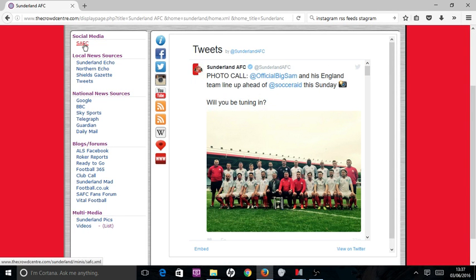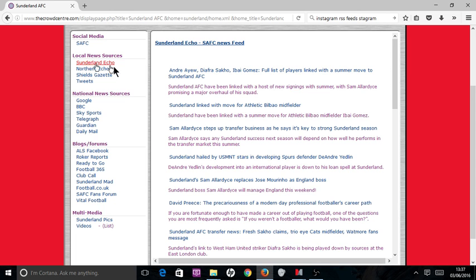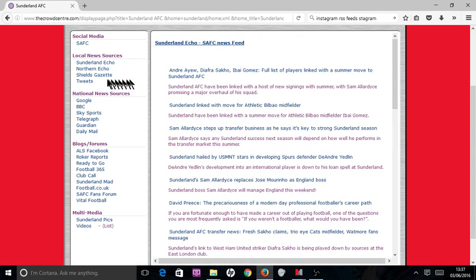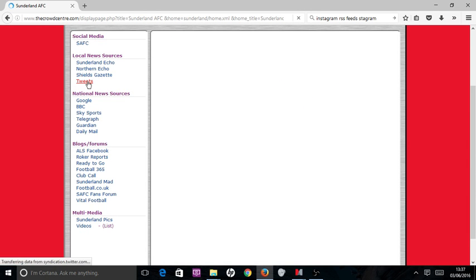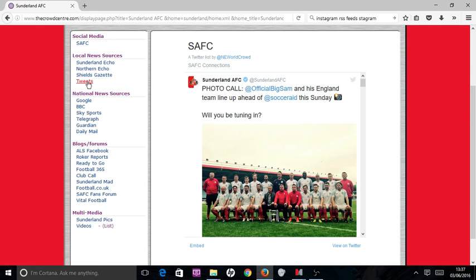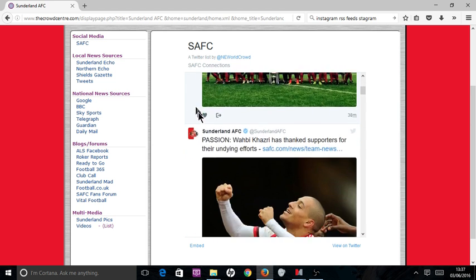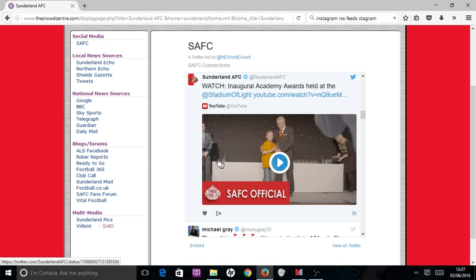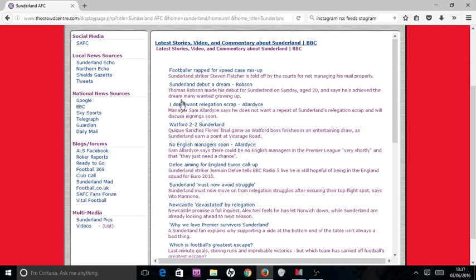Along with all the social media content for Sunderland, we can bring in a whole lot more content. So for example, I can get the latest news headlines, always up to date, from the local newspaper. I can also do something like get all the people that are associated with Sunderland Football Club to do tweets and bring them all together on one page. So I can see all the content that these people are tweeting on. There are other national tools. For example, I can get the BBC latest news headlines.